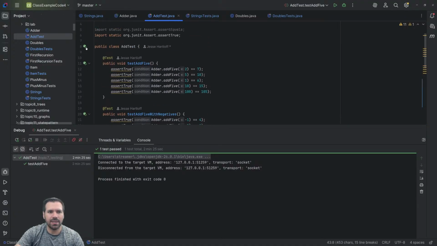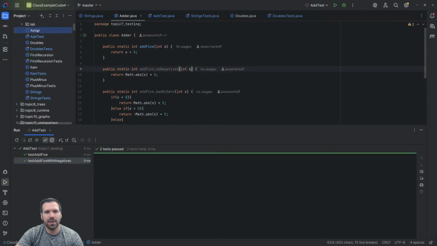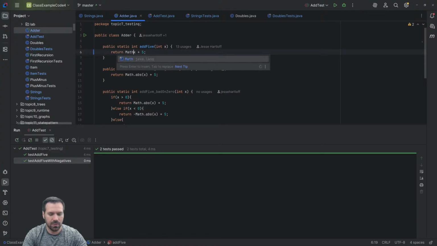We can run our tests. If you hit the go button next to the class, it'll run all of your tests, but it gives us our breakdown based on the individual tests. And if we go to our adder method and change this to math.abs